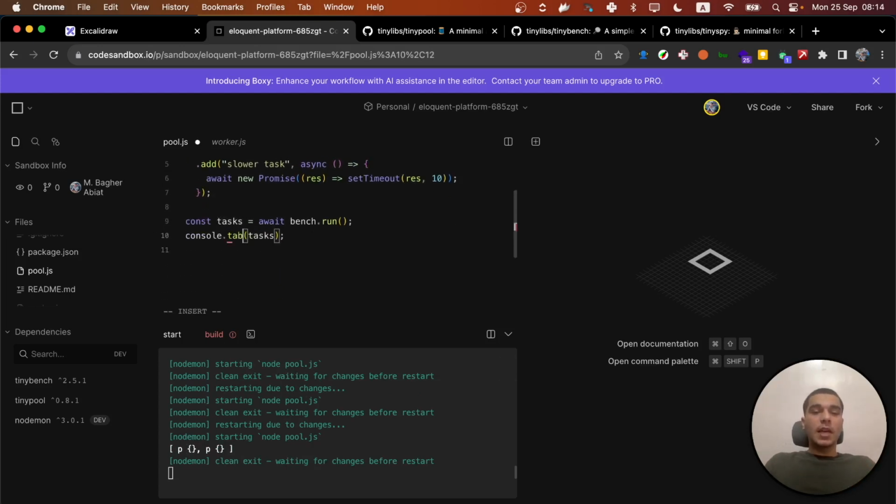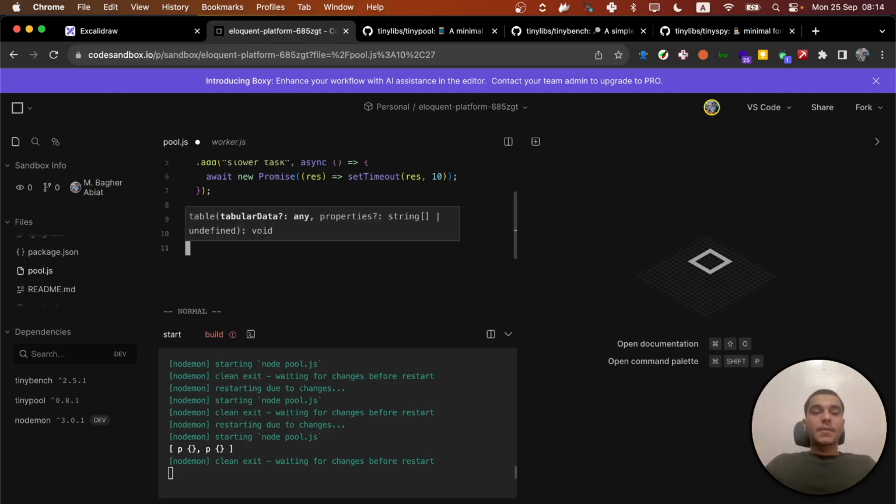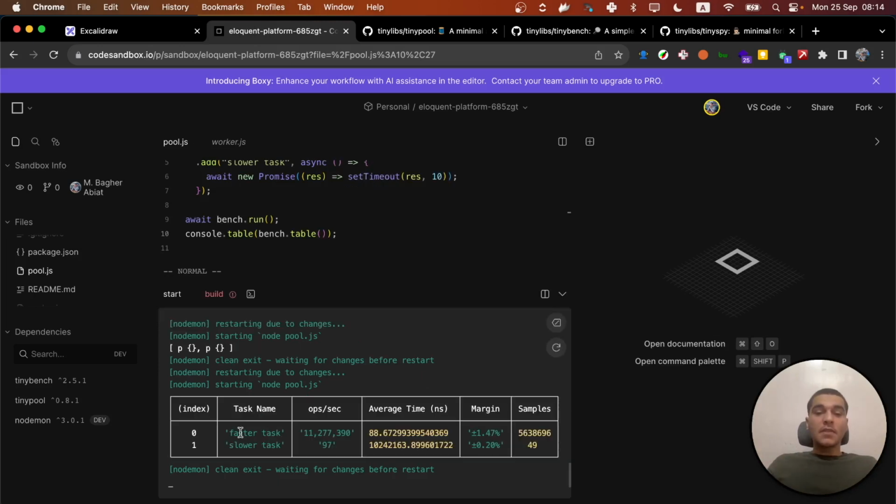You can use the console.table and log using the bench.table function, which would give you the results in a table form. So let's save. So we have a faster task that has 11 million operations per second, and the slower task, which is 97. The first one is much faster, but we also have much more samples to calculate based on. So here are the results,